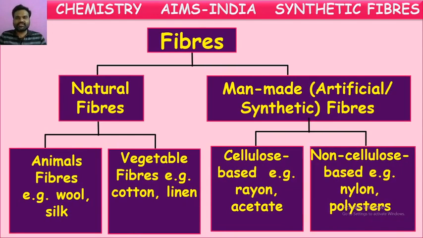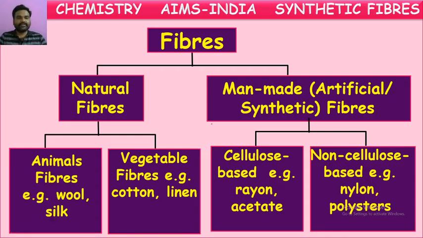Before going to assess ourselves, let us see once a brief summary in a few points. What we have studied about fibers: the classification, what does it mean, fiber? The fiber is obtained from either natural things or synthetic material. These synthetic or natural materials are made into yarns, and those yarns are used for making fabrics. Based upon the sources, fibers are classified into two types: natural and synthetic fibers.